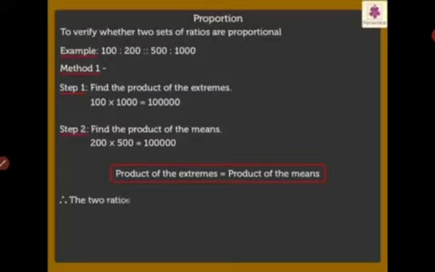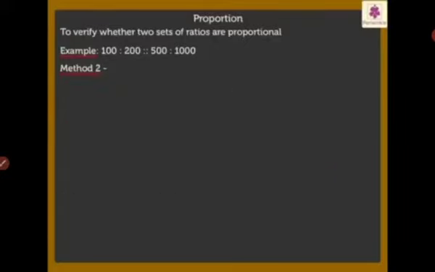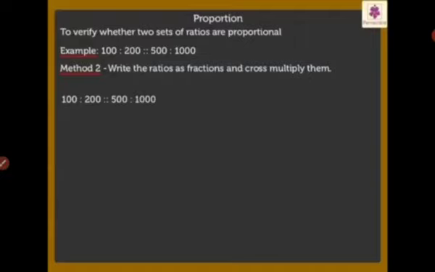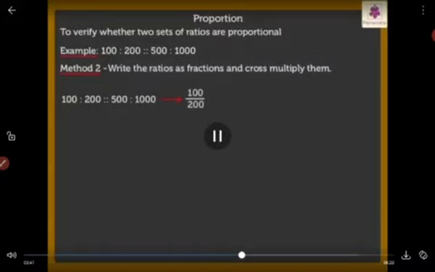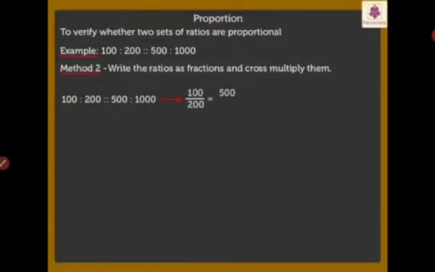Therefore, the two ratios are in proportion. Method 2. It can also be verified by writing the ratios as fractions and cross-multiplying them. Here we write 100 is to 200 as 500 is to 1000, as 100 upon 200 is equal to 500 upon 1000. On cross multiplying, we get